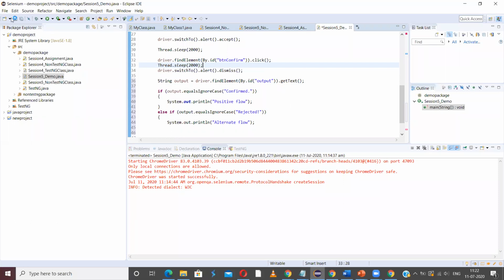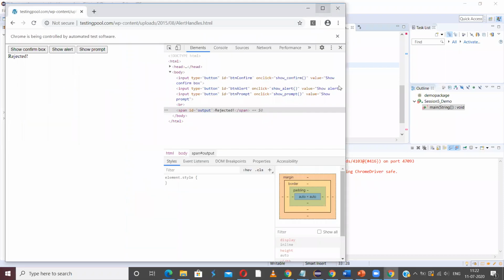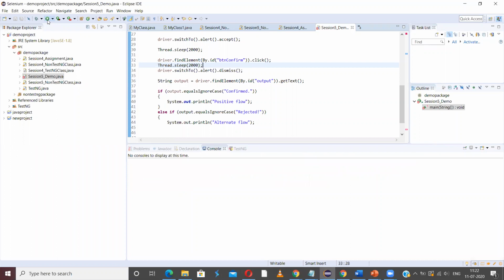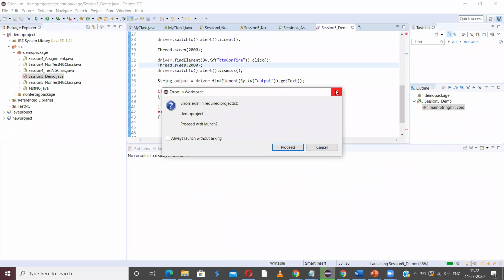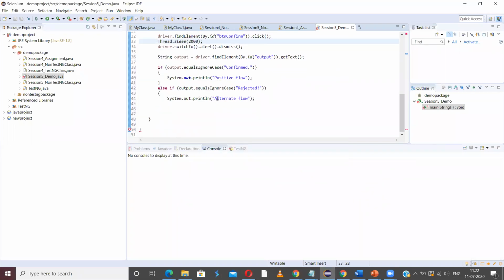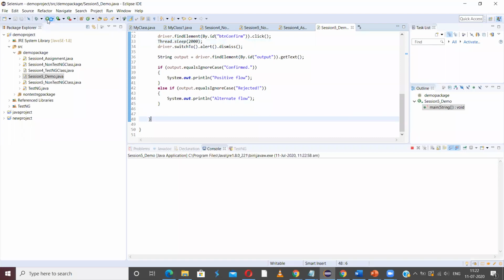That is the purpose of this program, and let us see if that is catered for. Okay, there are some errors. Let's see what those errors are. Okay, the brace is missing. Okay, let me run.